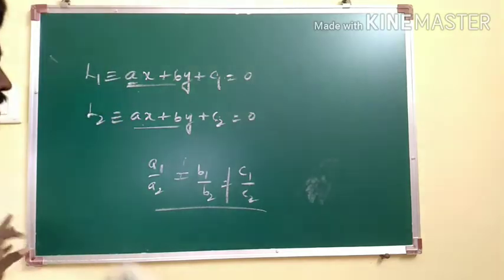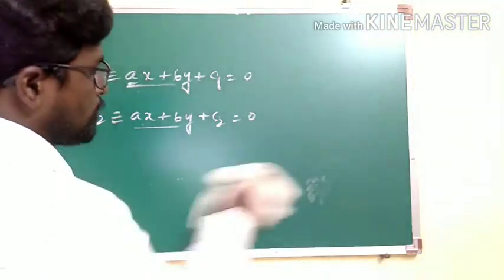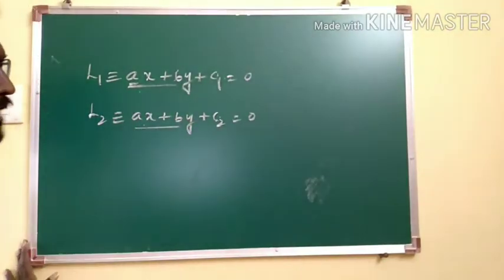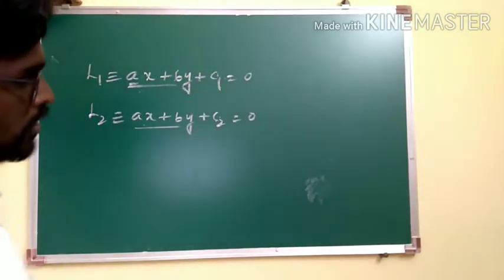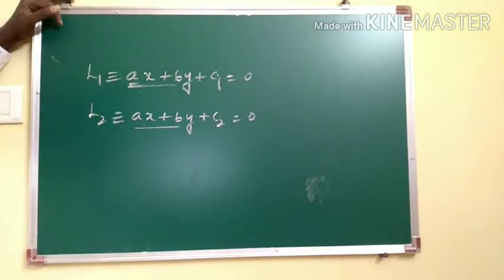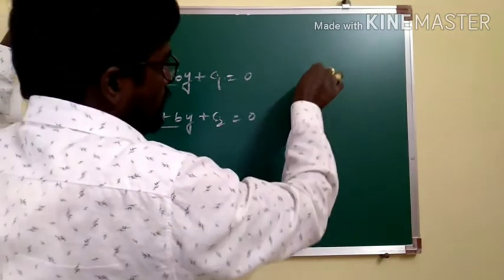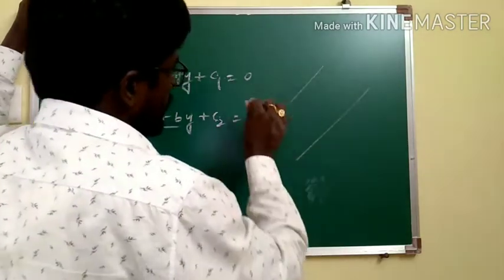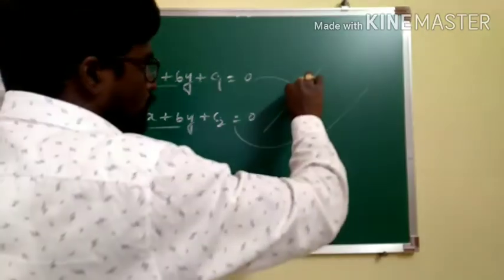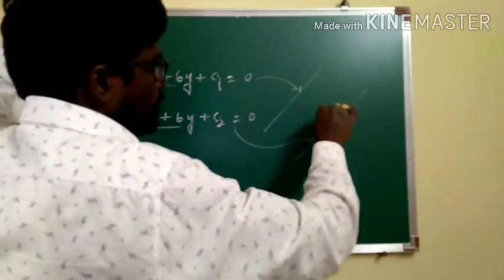Here we are talking about that condition only. Therefore, if we want to talk about the distance between these two lines, here these two lines are parallel because they differ by only constants. Then what is the result for that? We are talking about that. Now let's consider that these two lines are the given lines. This is line 1 and this is line 2. We want to talk about the distance between them.